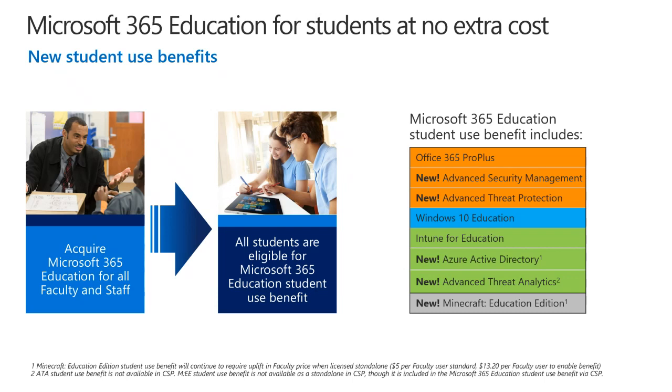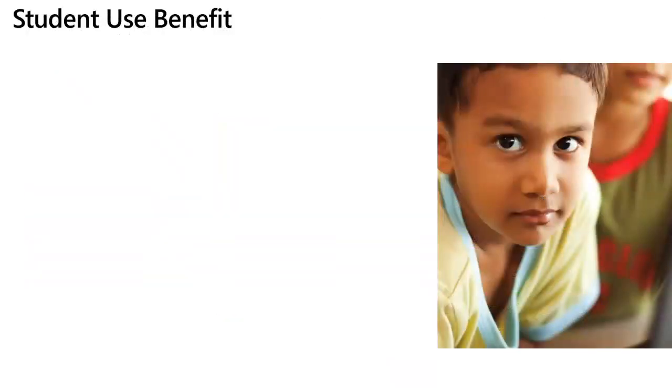So for every 1 of the M365 suites, you receive 40 student use benefits. If you're buying an individual part, so let's say we're buying Intune licenses, that is slightly different. For those licenses, you receive 15. So for a suite, it's 1 to 40. For an individual product, it's 1 to 15. I hope we're all following along.